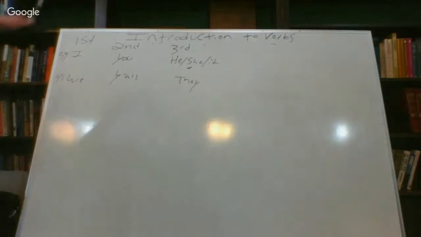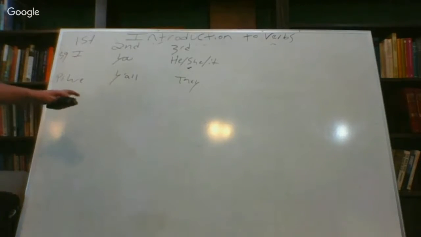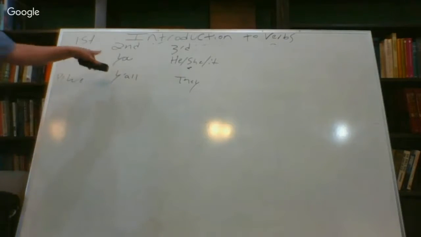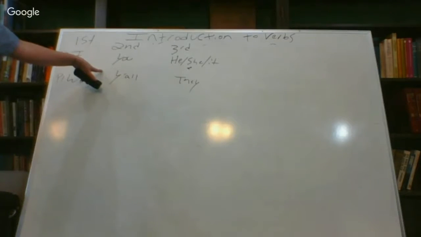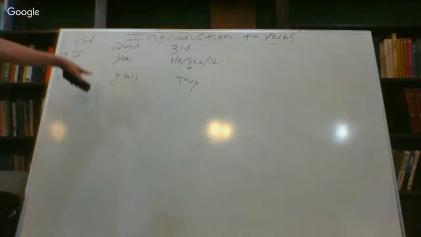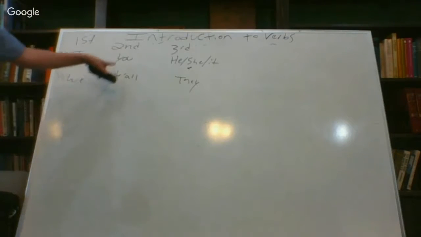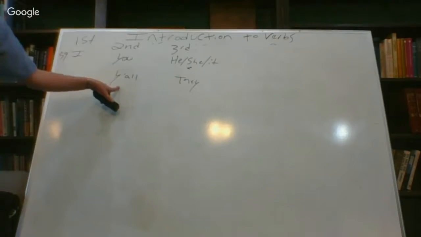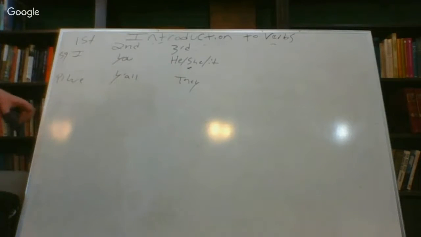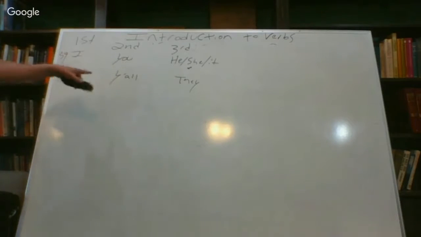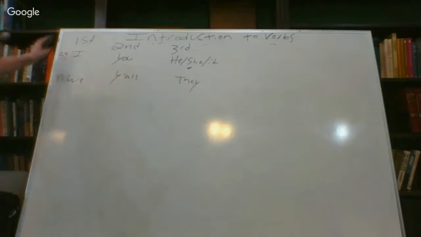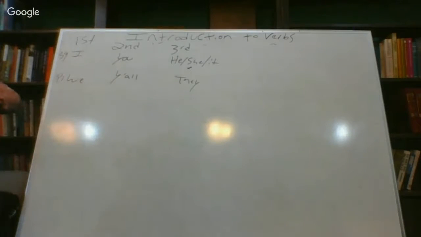And so we see that English and Greek both have the three persons. And so in Greek, the verb has to agree with the noun in number and in person. So if our noun is plural, our verb has to be plural. If our noun is plural in second person, our verb has to be second person plural. And we'll kind of look at what that is. So